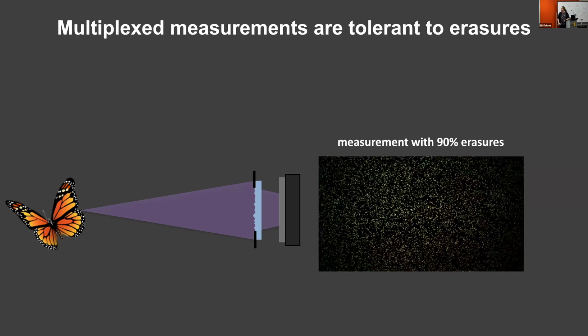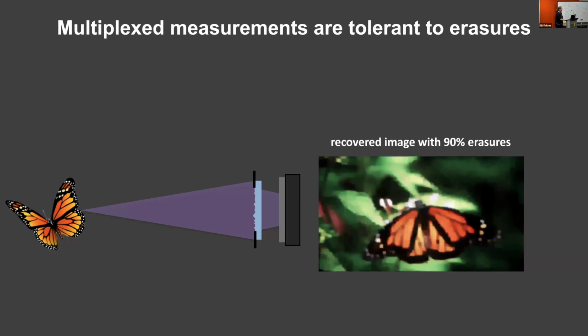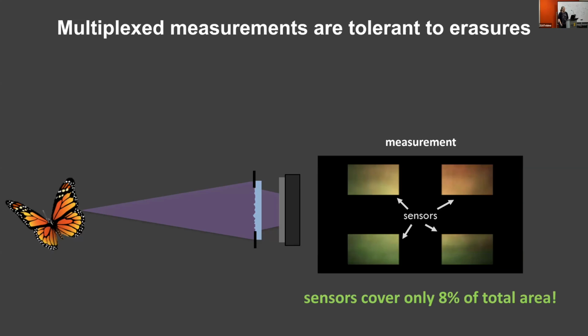Or even better, you can throw away 90% of the pixel information in the measurement if you randomly choose which pixels are non-zero. That works very well, but there's no reason to throw away all your pixels on your sensor, and there are no sensors made with randomly located pixels, and it'd be very expensive to do so. So the only real-world case we could find for this was: